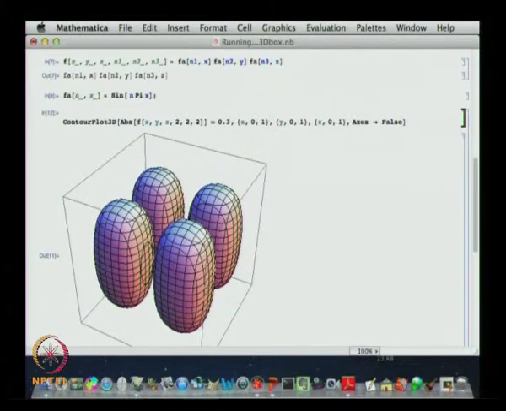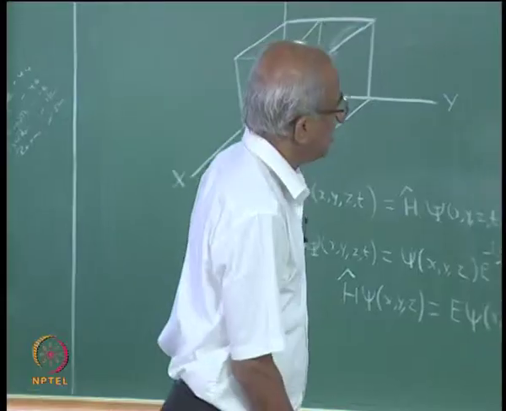Now, this one, for example, it does resemble one of the atomic orbitals. It is actually kind of resembling dxy or something like that. I mean, if I think about it, I can tell you. It actually resembles dxy, this particular plot which is there now. Okay, while it is plotting, let us think of something else.